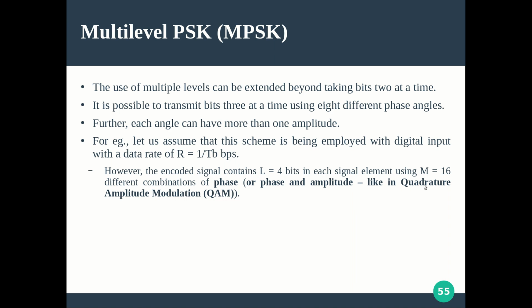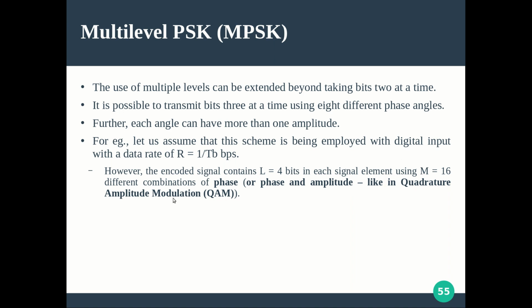So this is in general called quadrature amplitude modulation. Quadrature in the sense there are 4 phases, and amplitude means we are varying amplitude also. So it's a combination of both. We are obtaining this by varying both phase and amplitude at the same time to get to say some 16 combinations. What is our requirement, accordingly do it.